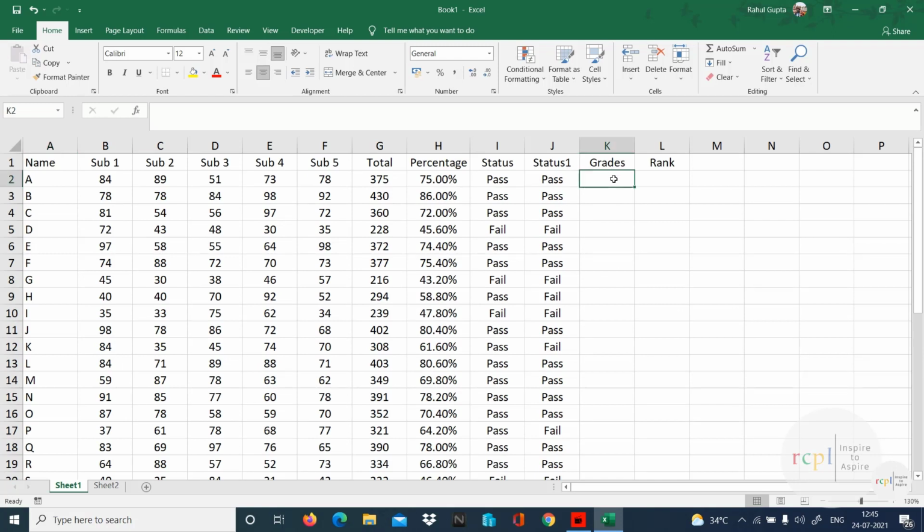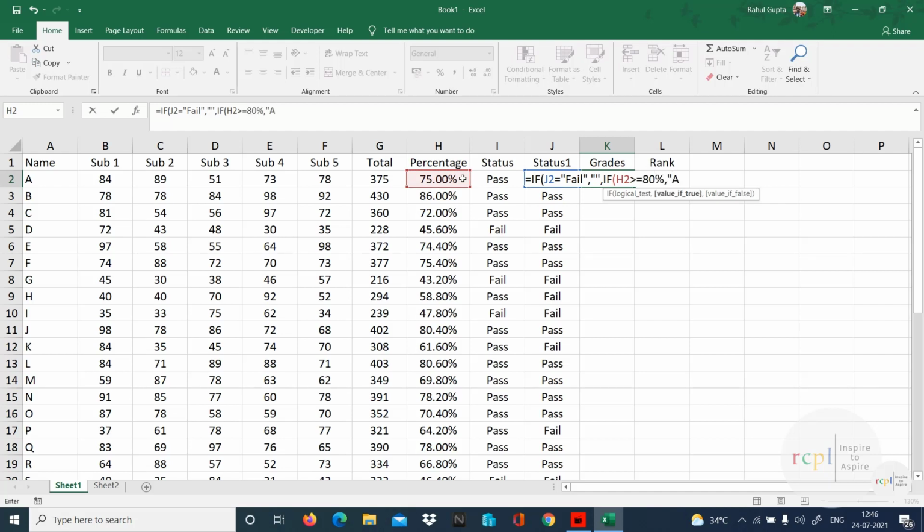So let's type equal to IF the status is equal to fail, then no grades need to be awarded. But if pass, then again check if this percent is greater than or equal to 80%, give me A plus.